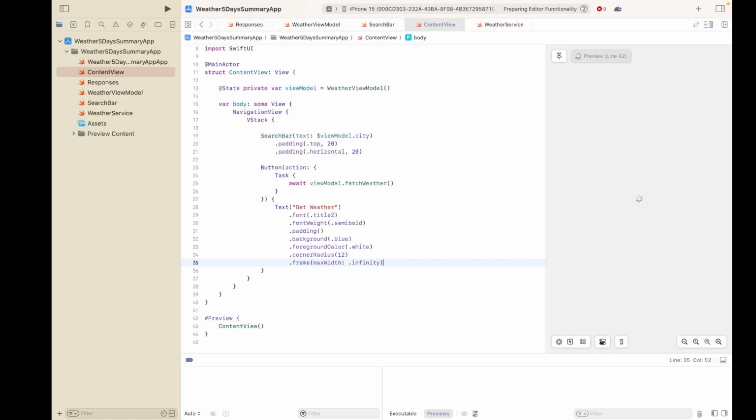And the next thing we need to type in is dot padding, horizontal, and then after line 37 we just add some padding to the top of the button, top 4,